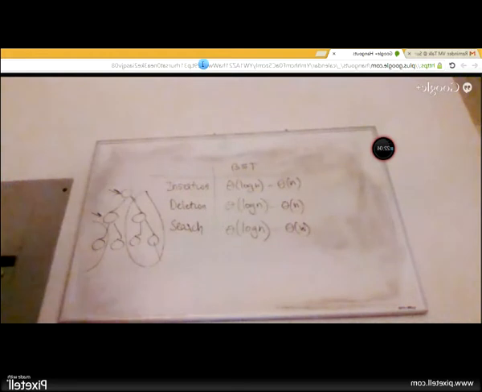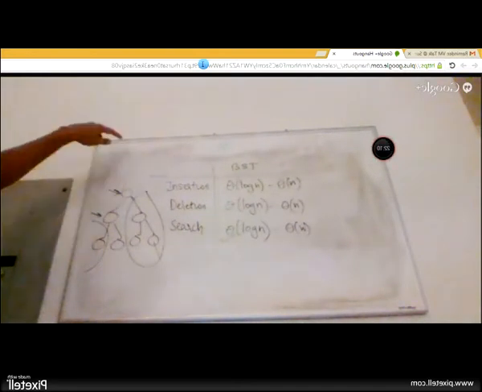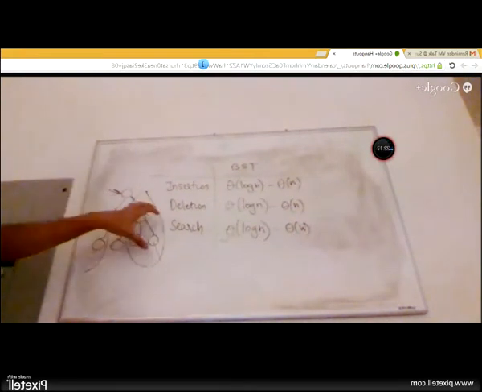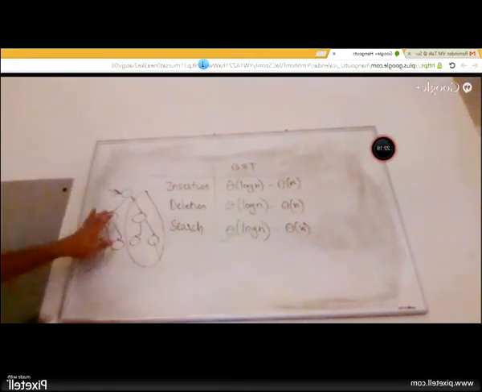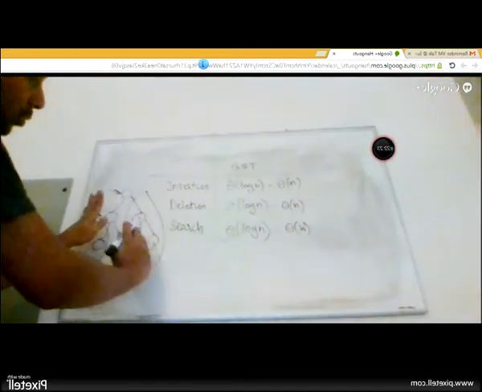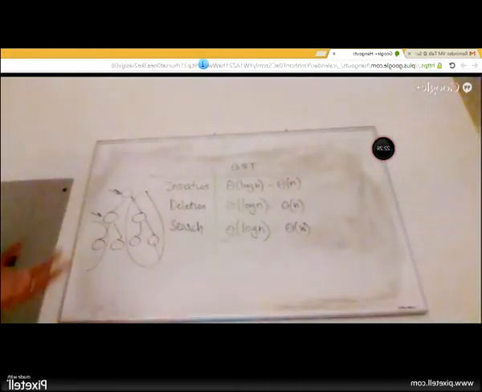It would still be the same, correct? So this search, irrespective of whether an element is present or not, would still be the same, because once again when I come here, I still decide whether the element is potentially in the left subtree or the right subtree. And if I go to the left subtree, it is 100% guaranteed that this element, if it was present, could never have been in the right subtree. So it doesn't really matter whether an element is present or not. Search would still yield you log n as long as the binary search tree is balanced.